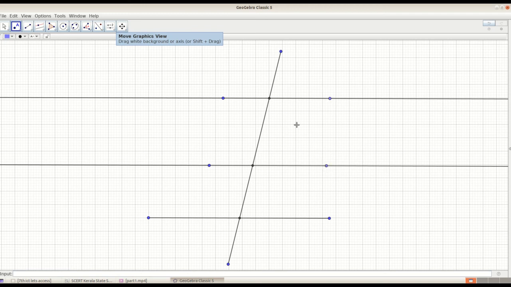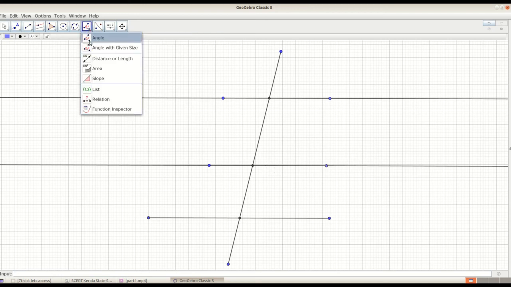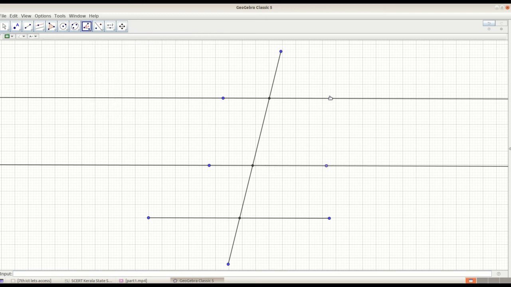Next we are going to measure these angles. For measuring, just click the angle tool and then same way select the points in anti-clockwise direction. That is, click these points, and here we got an angle measurement. Same way for the others.